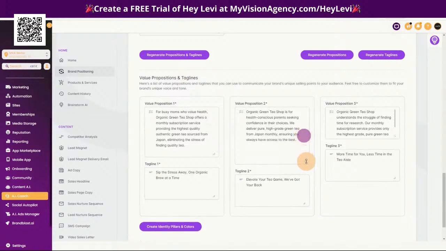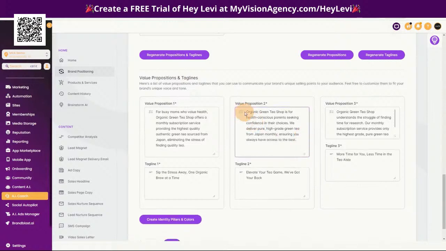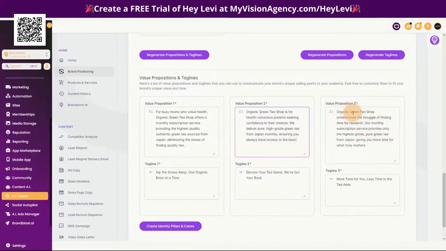Okay, so the next thing here is value proposition two. Organic Green Tea Shop is for health conscious parents seeking confidence in their choices. We deliver pure, high grade green tea from Japan monthly, ensuring you always have access to the best. And then, of course, we have value proposition three. Organic Green Tea Shop understands the struggle of finding time for research. Our monthly subscription service provides only the highest grade, pure green tea from Japan, giving you more time